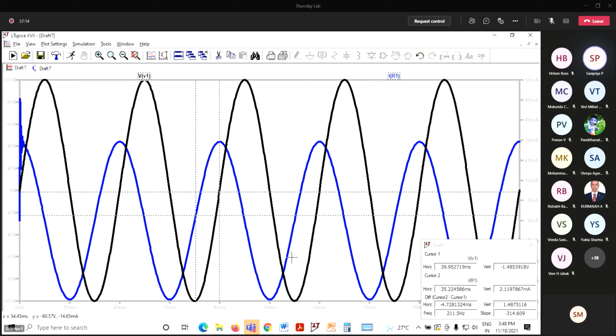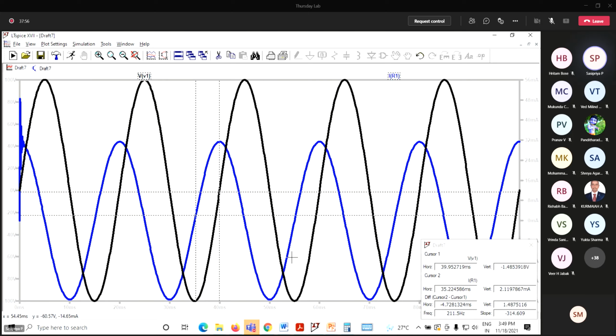This is 2 experiments. Let us not write it as A, B and all. I wanted to do it as 2 experiments because last class we missed, so let us write it as a single experiment. So this is experiment number 4, I guess, or 5. Okay, whatever it is, experiment number 4: sinusoidal steady state response. You just write the heading, and then in the objective: to study the steady state response of the following circuits. First circuit is RL circuit, the second circuit is RC circuit, the third one is series RLC circuit.